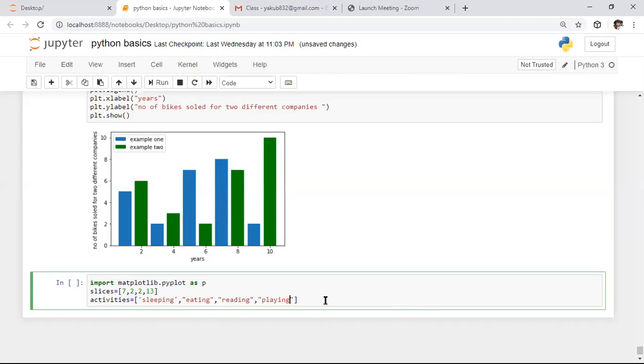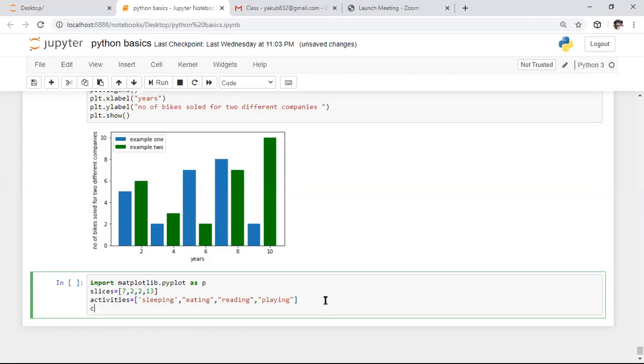After this, for each of them I want to specify the color. For that purpose, I'm using one more attribute, that is colors. I want to specify a different color for each attribute, so I'm defining one more list. In this list, I specify cyan as the first color. After this, one more color, that is magenta, sorry, M stands for magenta. After this, B stands for blue. After that, for one more label, I specify the color green. So here I specified the different colors.